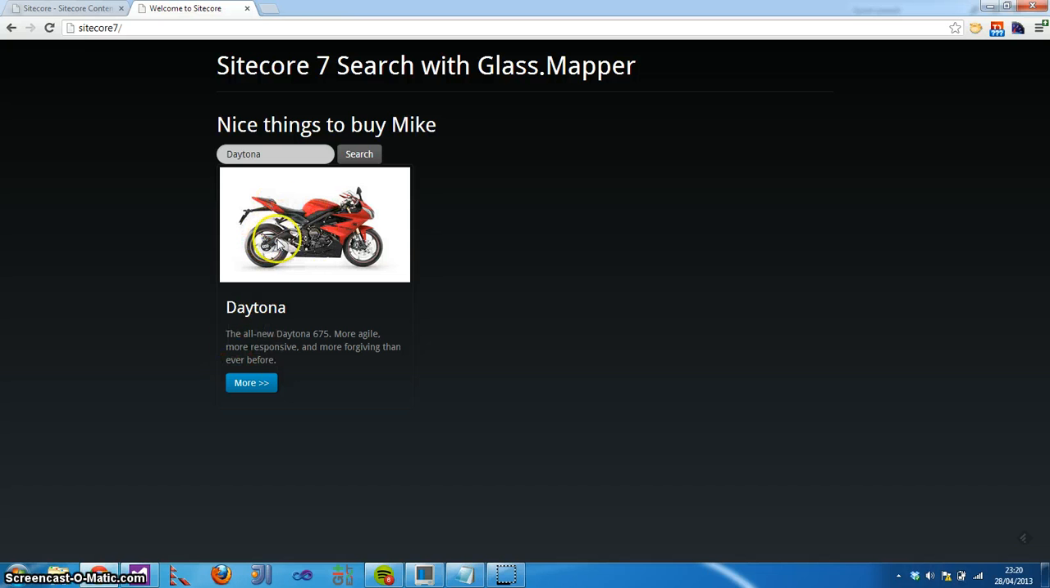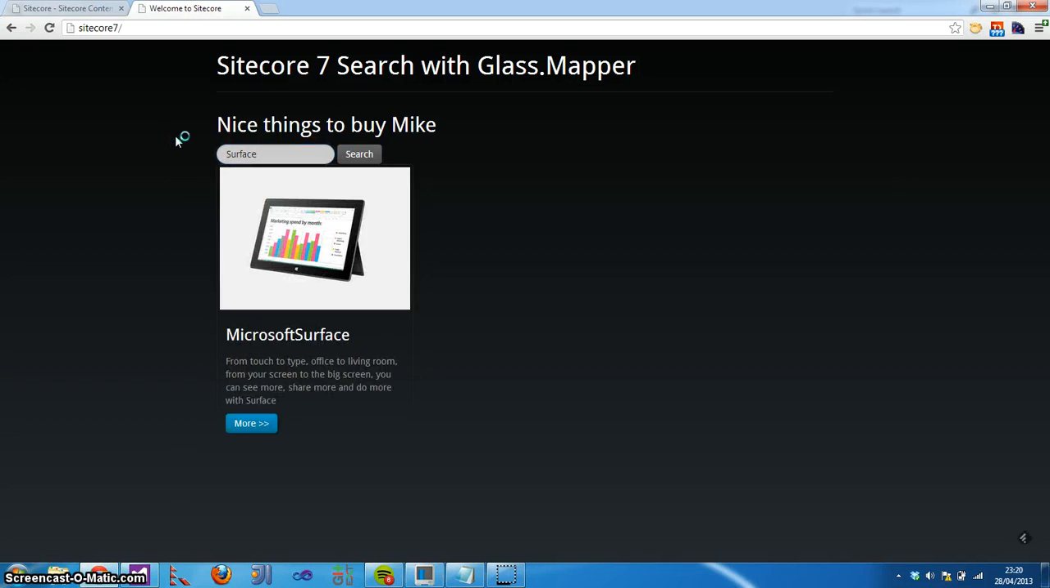So the image is actually being pulled from the Sitecore database, and this abstract is being pulled from the Lucene search index. And the same again with this image for the Microsoft Surface is coming from the database, and the abstract is coming from the Lucene index. So what's happening behind the covers? Well,